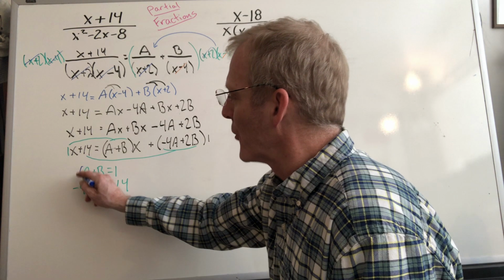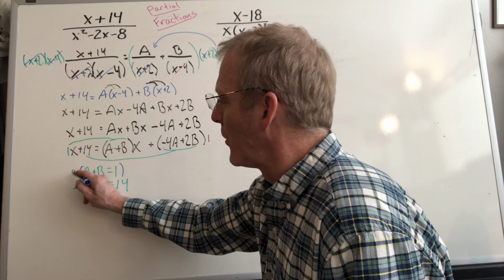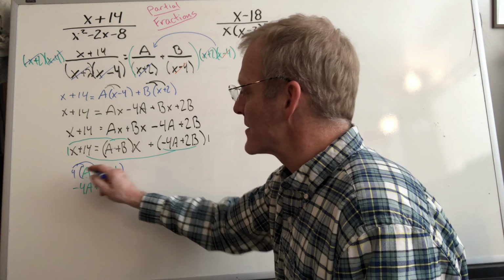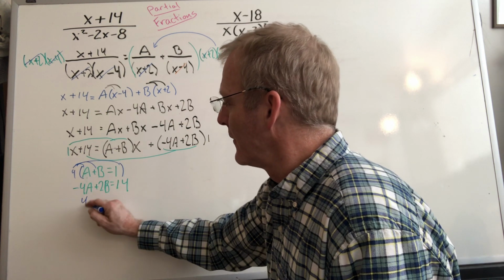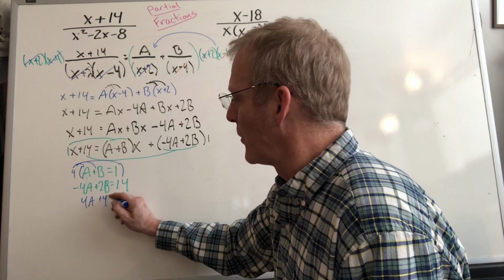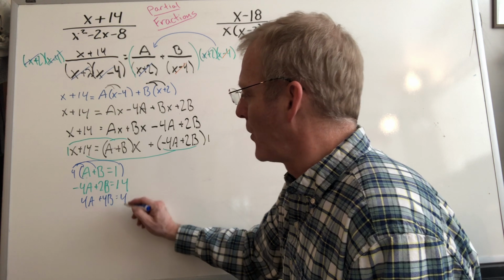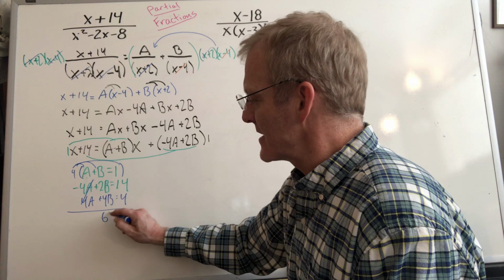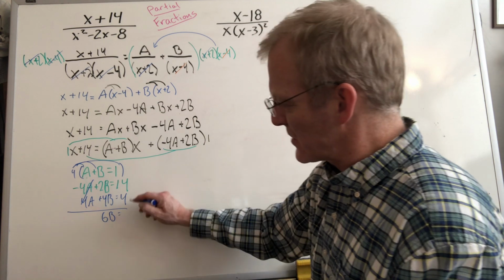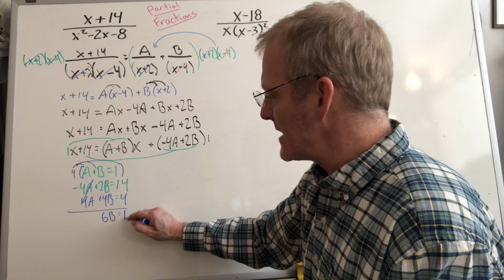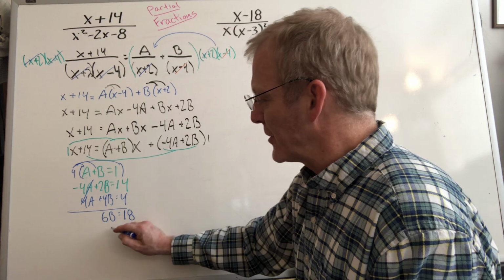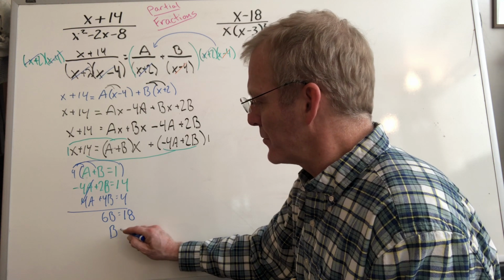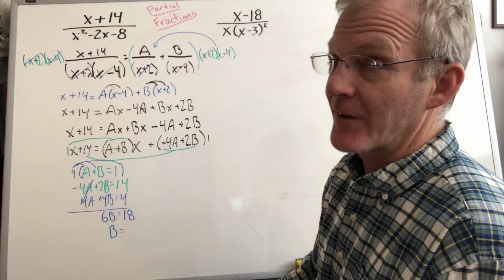So, if we multiply this by 4, we get 4a plus 4b equals 4. Add them up, that eliminates. We get 6b equals, what's that? 18. So if we divide out the 6,